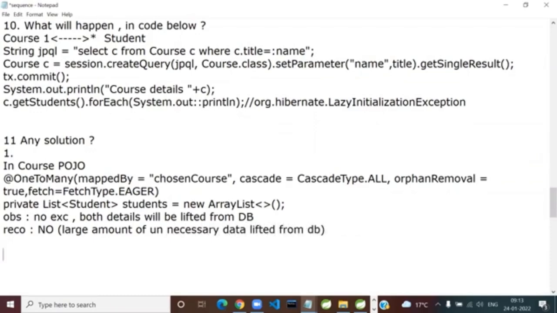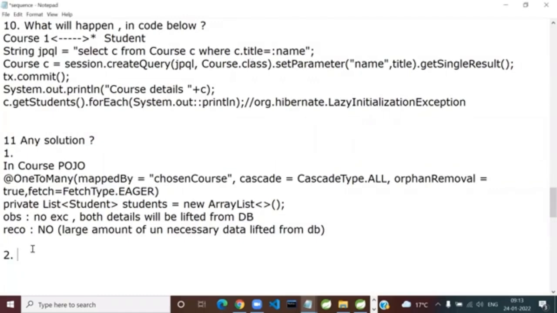Understanding it completely? So tell me, is there any other solution than this horrible solution? No, no, no. Two queries will be fired is not the problem. Too much of data will be loaded, whether you like it or not. Suppose I give you an example. Suppose I want to find out what are the fees for this Java course. So will I end up getting only course fees, or will I end up getting all those 100 student details also along with every time? Answer is the whole data. Okay. So that is the thing.